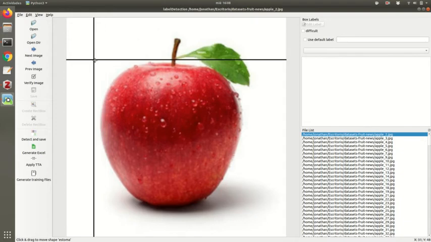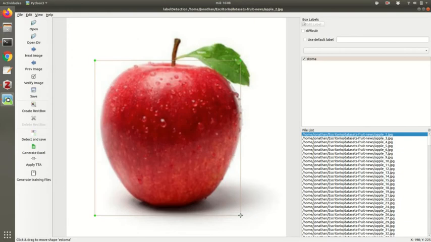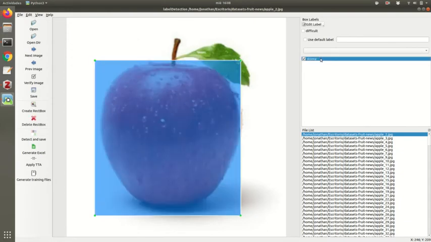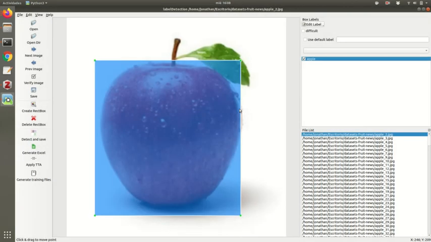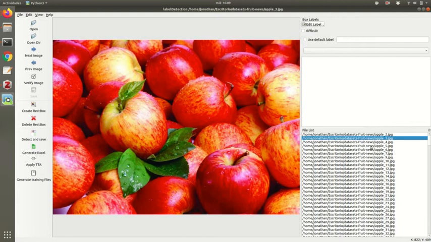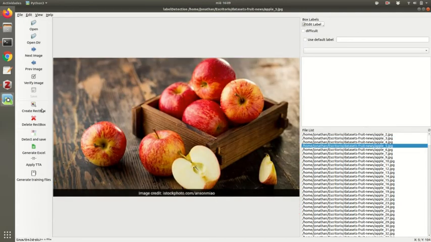Okay, so here we have to change that. It's an apple, not a stoma. Okay, we have an apple. We can go to the next image, and we can annotate. Okay, I can show you something with mixed categories.